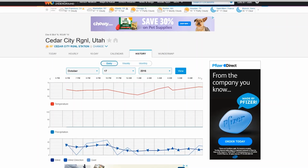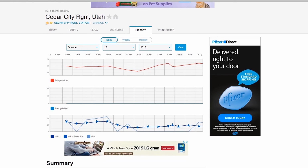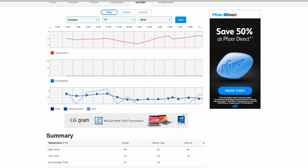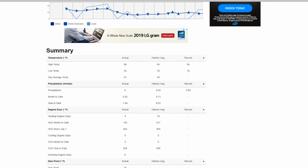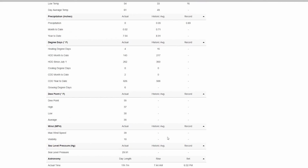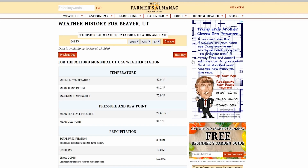Well, I actually looked into the weather. I checked the weather for the time that they were there. It was in 2016. I think it was October 17th. It was 16th or 17th, but the weather was the same for both days. And you may be surprised to know that the wind was really high. 39 was the max wind speed from one website. Farmer's Almanac, checking for the same date,